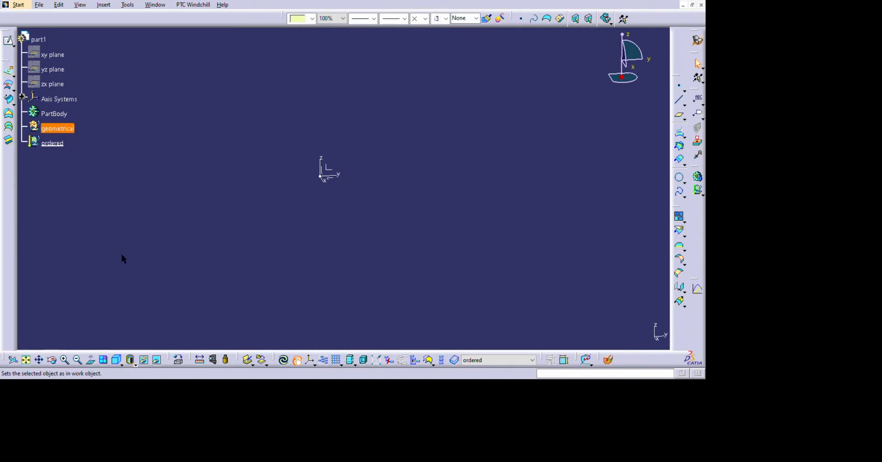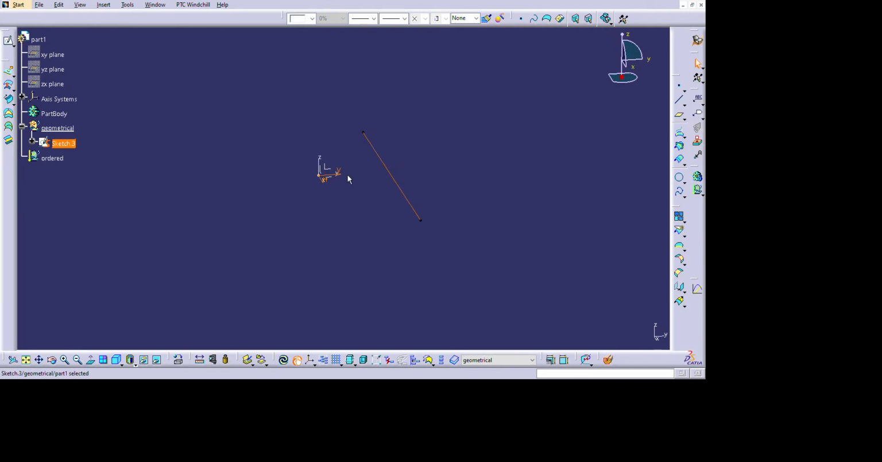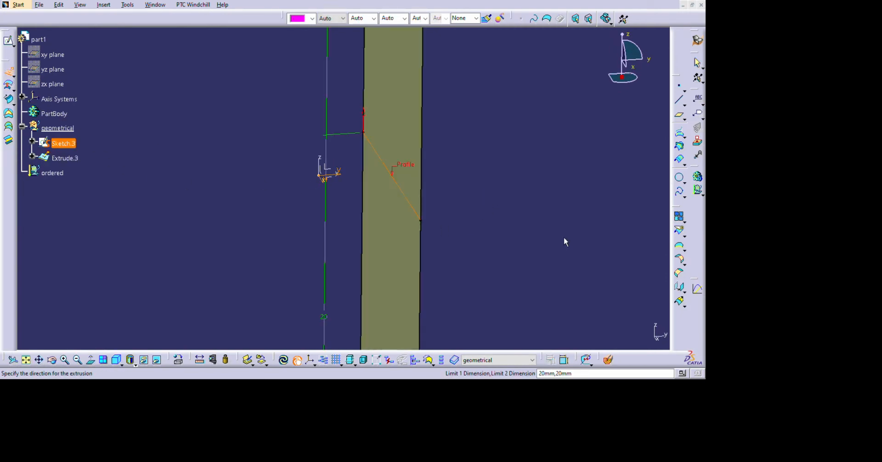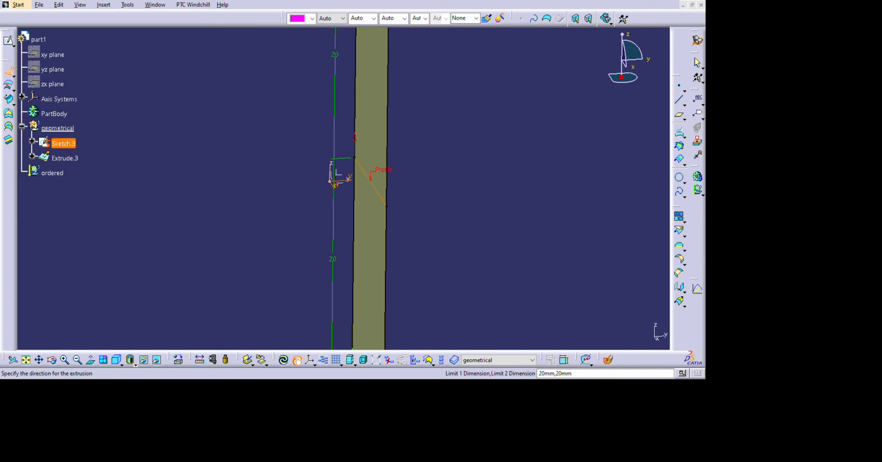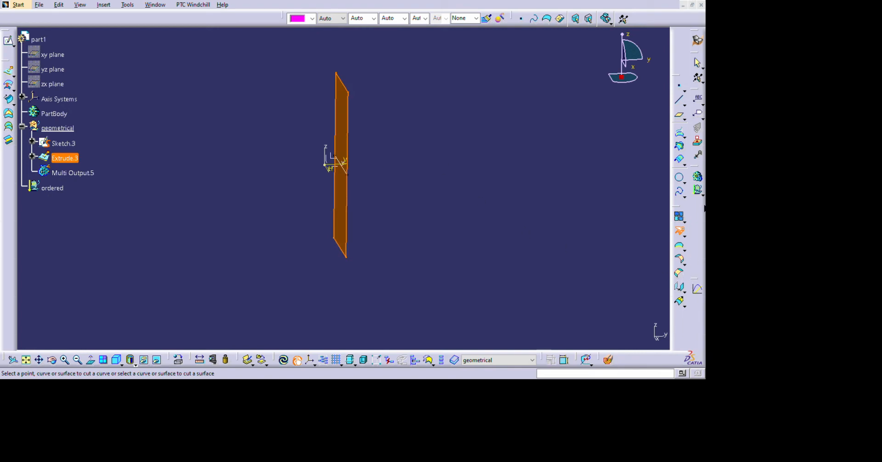So let's define a geometrical set first, and I'll create a sketch, just a normal sketch, and let's exit the sketch environment. So I'll create an extrude in Z direction. Let's give it a mirror extent and click OK. Okay, so let's define a split over it, and we'll select this extrude and split it with respect to XY plane and click OK. So here we have one geometry with respect to the geometrical set,